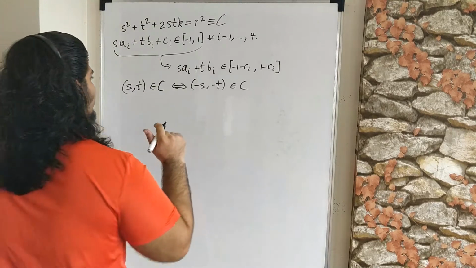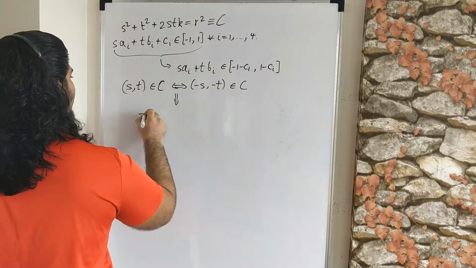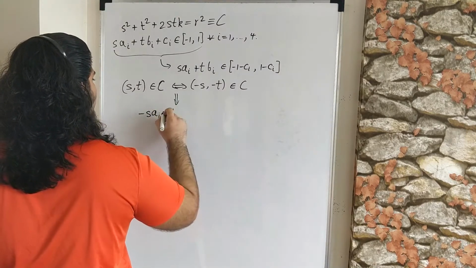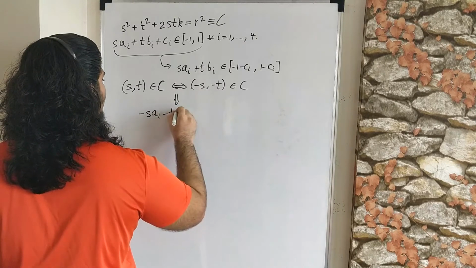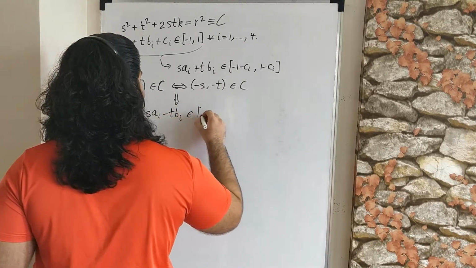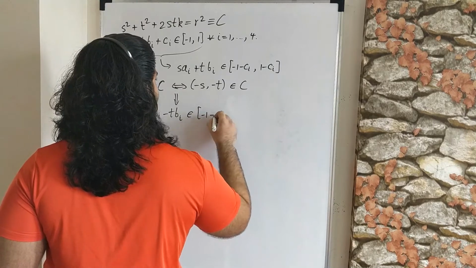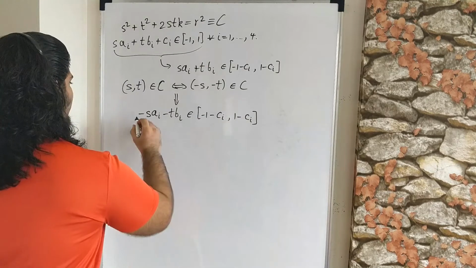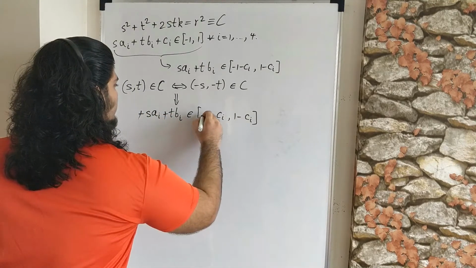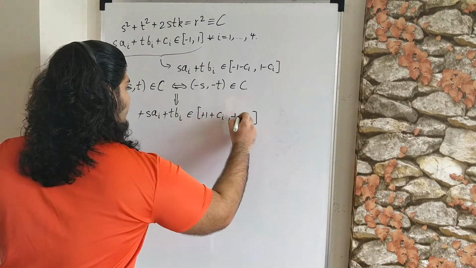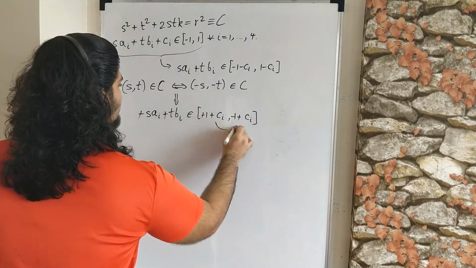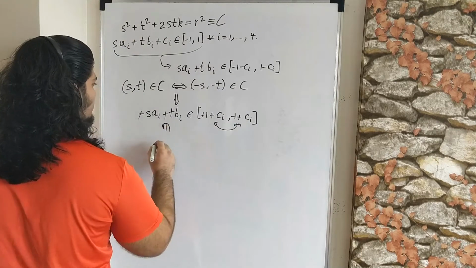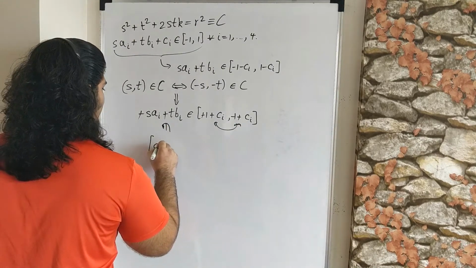So that means that we can say that minus s·a_i plus minus t·b_i is also in -1 minus c_i to 1 minus c_i. And now what we can do is we'll take the minus sign common from both sides. So this becomes 1 plus c_i and -1 plus c_i. So obviously these two interchange their positions as well. So what we get is this is also in c_i minus 1